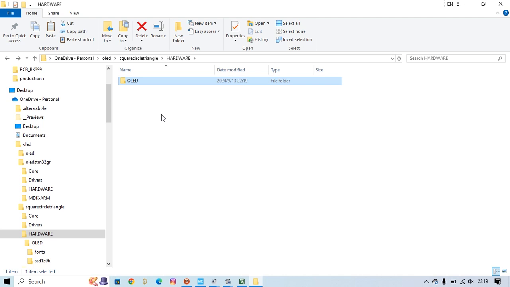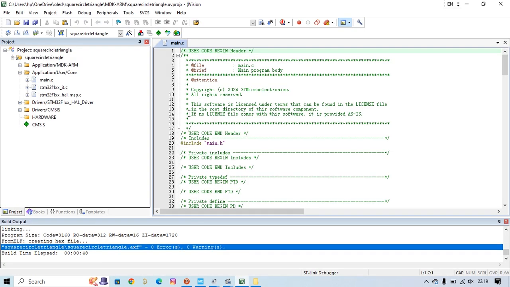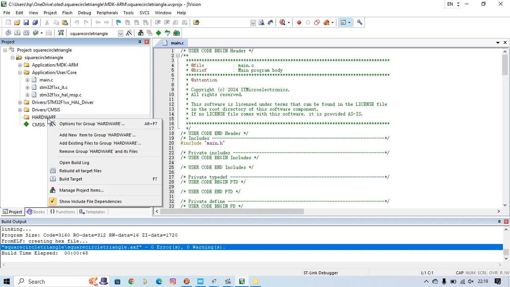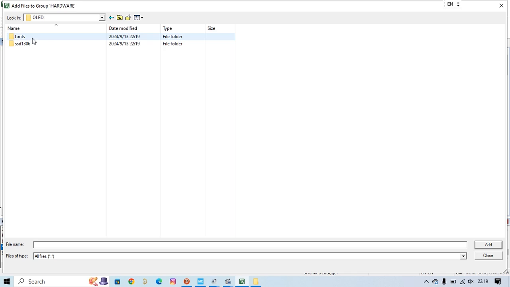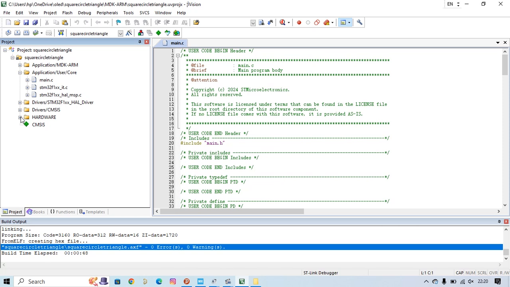And then next, back to the Keil. Then go to the Hardware, right click, add existing files to the group Hardware, and then go back, you see. Open font, select all, add, go back, select all, add, and then close. It's okay. When you see, already you have it. The next step,